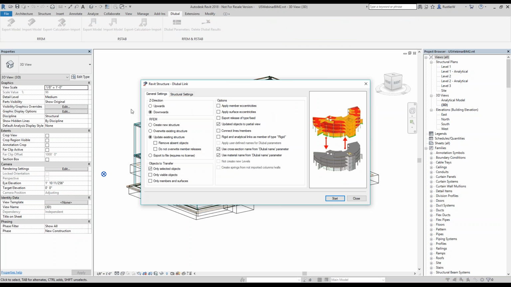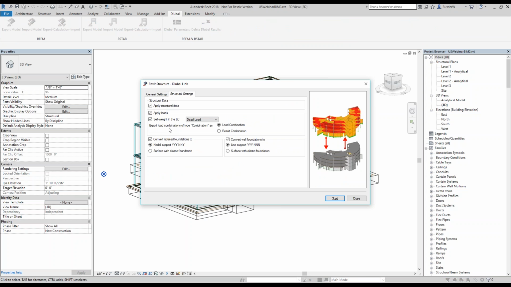We'll export the model, again create a new structure, complete model. I don't have any updates. I'll also use the self-weight, and the first model I'm going to do is I'm creating isolated foundations to surface and elastic foundations, and the same with the wall foundations. Yeah? I start the export,